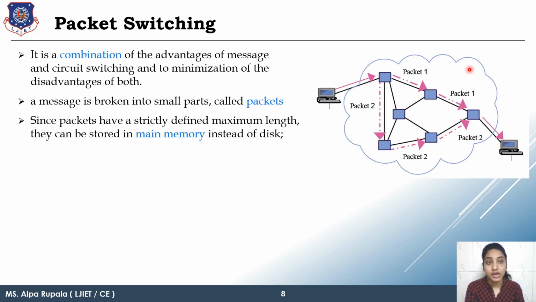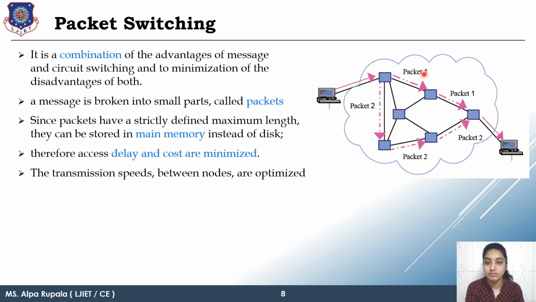So now a store and forward network is also there, but due to the smaller size of your packets, secondary storage is not required at switches. Now we can only rely on primary storage. You can store your packets in your store and forward network if traffic is there, in only your primary storage. So delay and cost are minimized because the primary storage is required anyway.